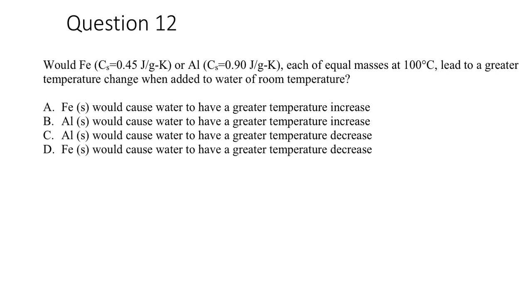Last question is if we put iron or aluminum into water. So we have iron or aluminum, equal masses at 100 degrees C. So we've taken a mass of iron or a mass of aluminum where we have given specific heats. Note that the specific heat of aluminum is higher. So to get these metals up to 100 degrees C, presumably it would have taken the aluminum longer to increase